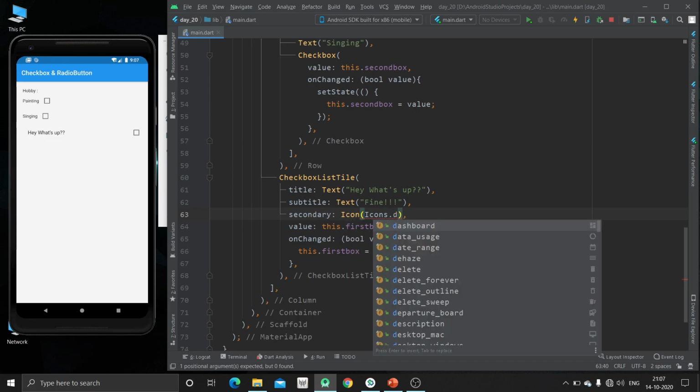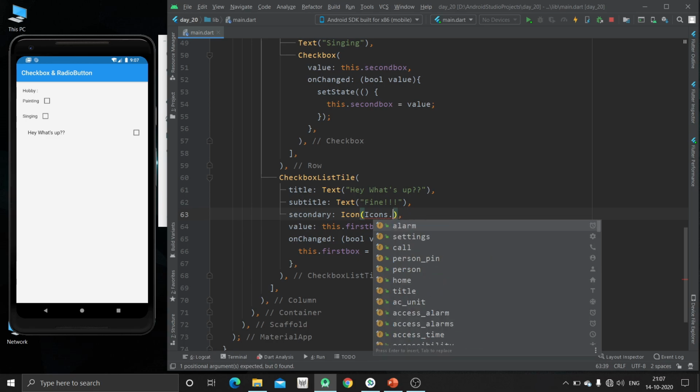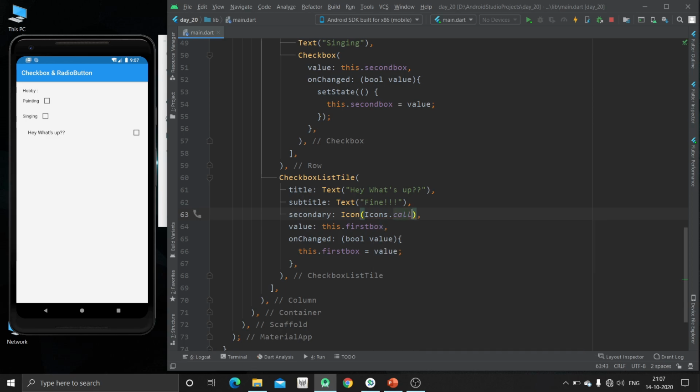So icons dot hello. So for hand we are not having any symbol, so we will use anything like call or something else. So here you can see, now the value is changed. So here is one icon and here is the subtitle.